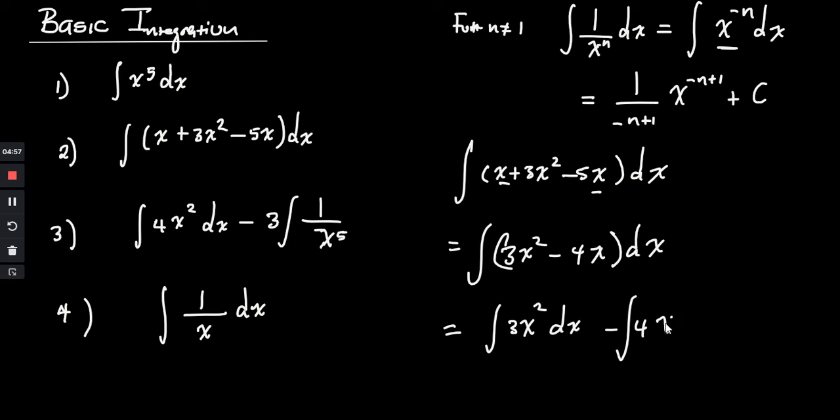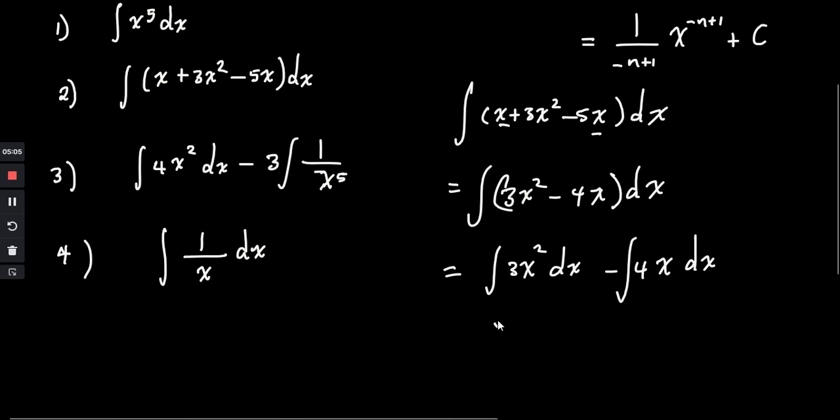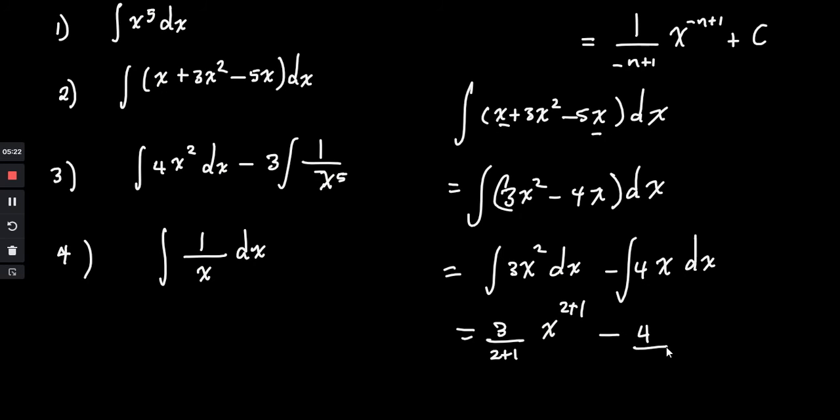Okay, let me just say the integral of 4x dx. Of course, you could have taken out the constant at the same time. Then what we can have, this is just the same as what? As 3 divided by 2 plus 1, then x to the power 2 plus 1. Then minus 4, then divide by what? The exponent is 1, so it's 1 plus 1, x to the power 1 plus 1,